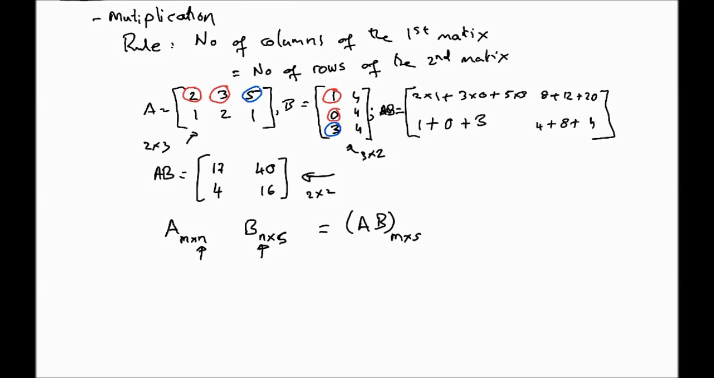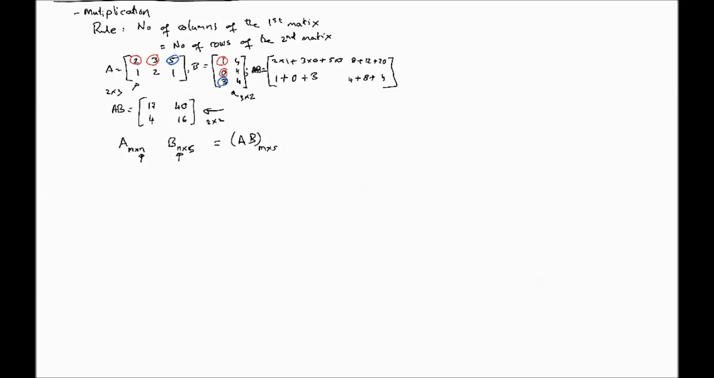Okay, so that's multiplication in a nutshell, very quickly showing you how to multiply and the important rule for multiplication, which if violated is not possible. You cannot multiply if the number of columns of the first one does not equal the number of rows of the second. Okay. Now, when it comes to division,